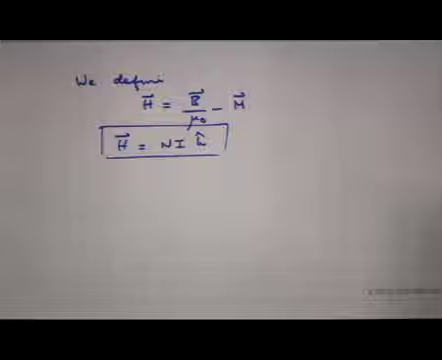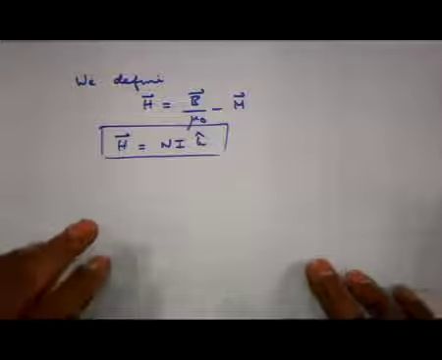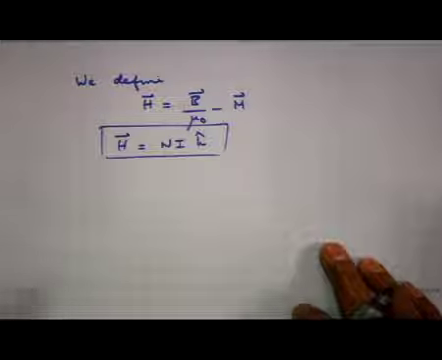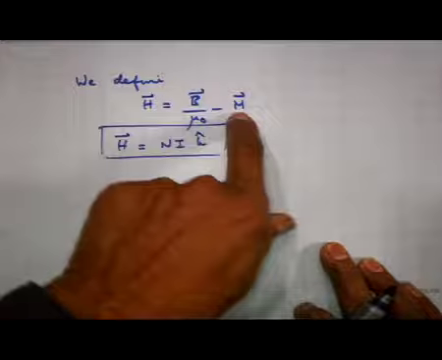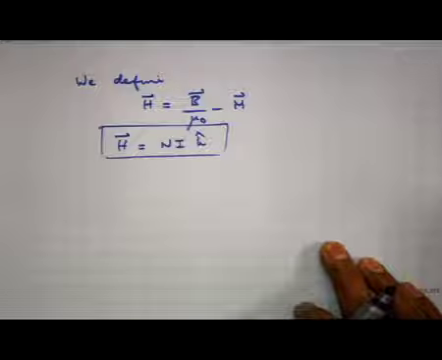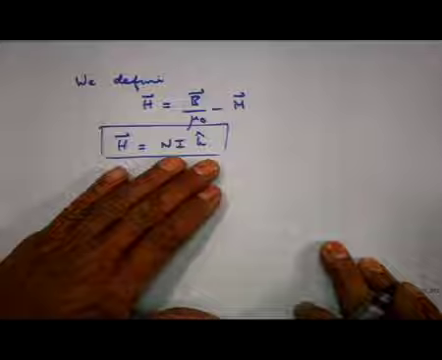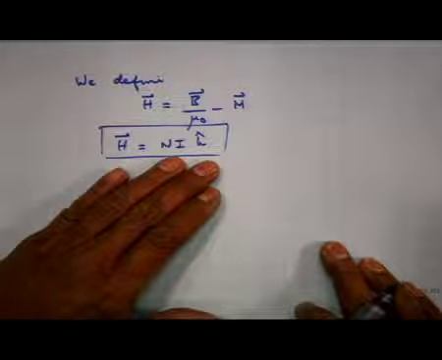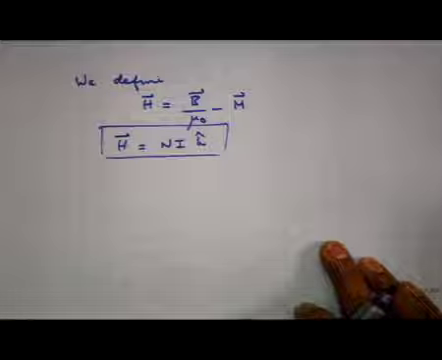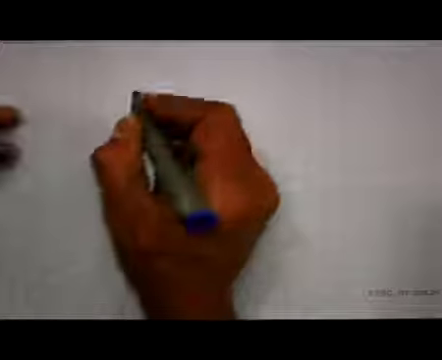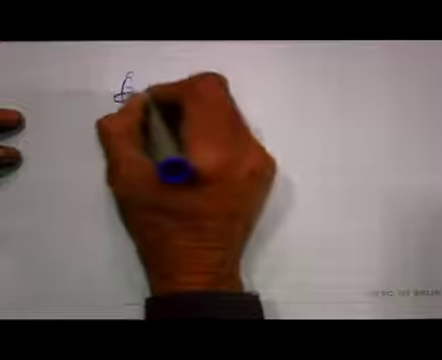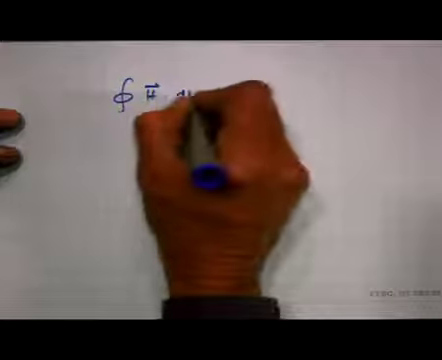Now, please remember, the H vector contains the properties of the medium through the magnetization, and on the right hand side there is no aspect of the medium at all. I have defined a new vector H vector which contains the medium property of M vector. So, I get a new form of Ampere's law, which is the integral of H dot dl